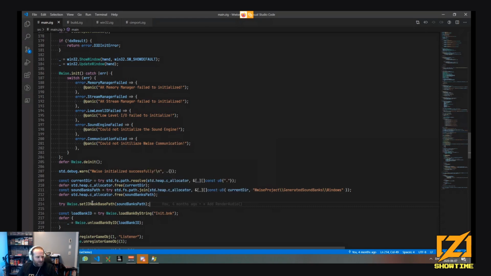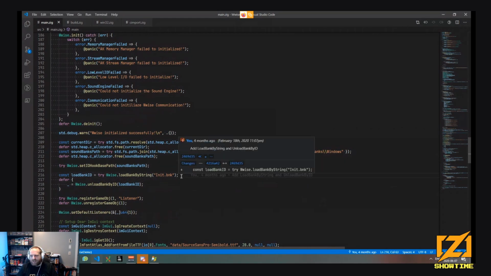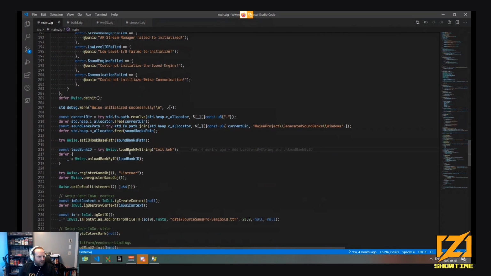So in here you specify, okay, my soundbanks will be here, and the default IO that we'll see later will be loading. So here I load the init bank. It's the bank that contains all the bus hierarchy basically, and plugin information.